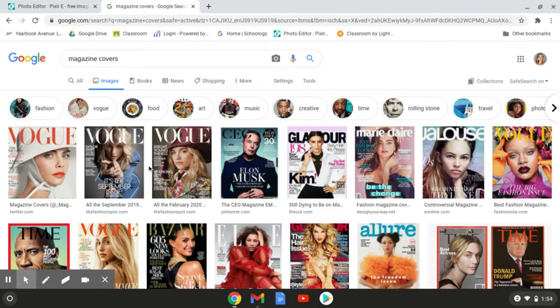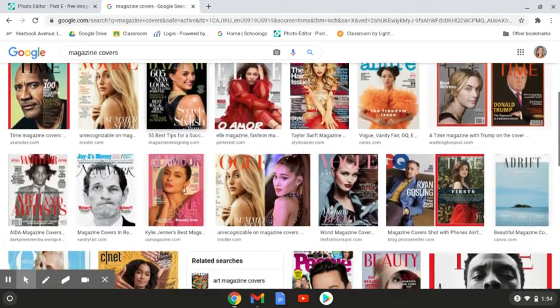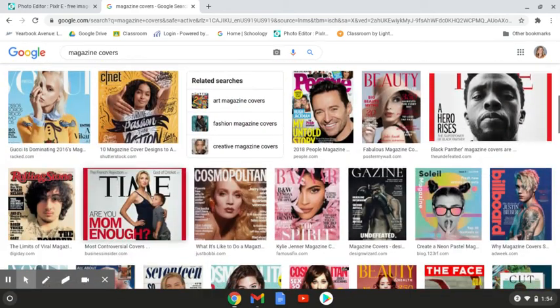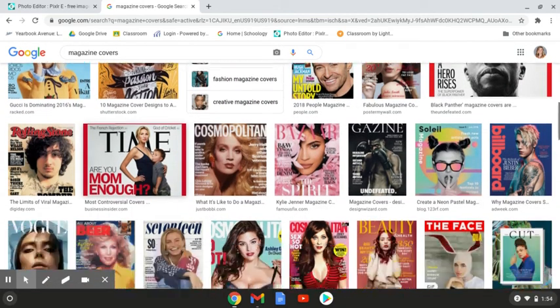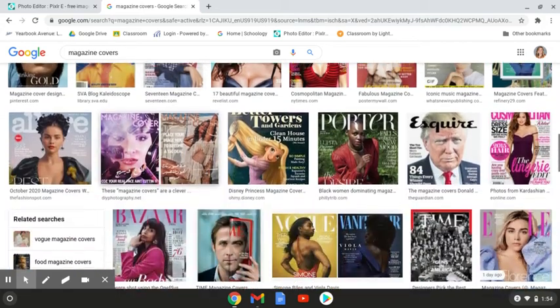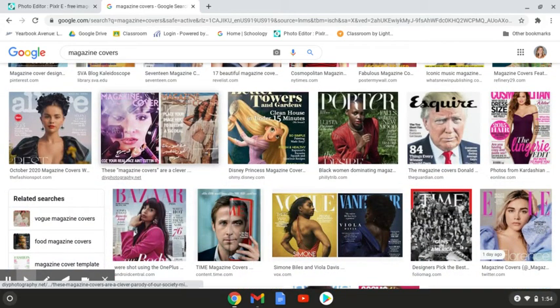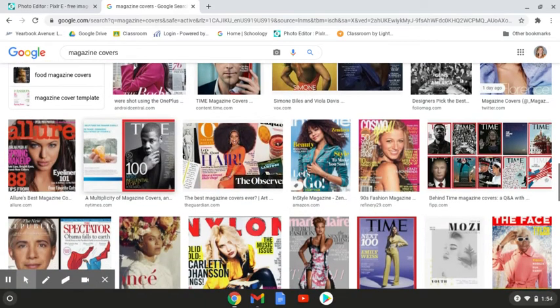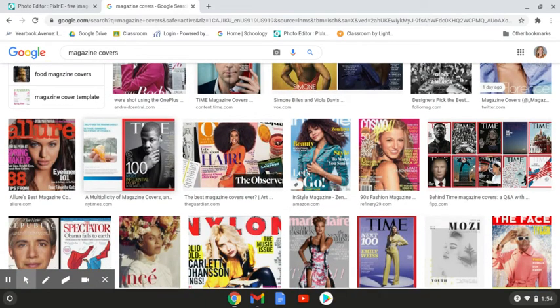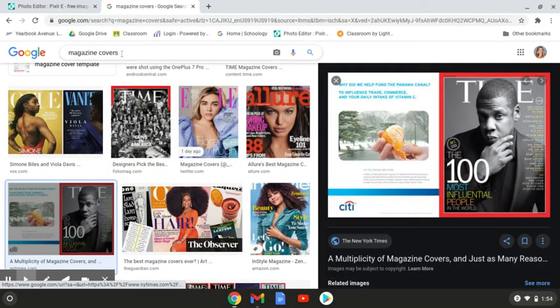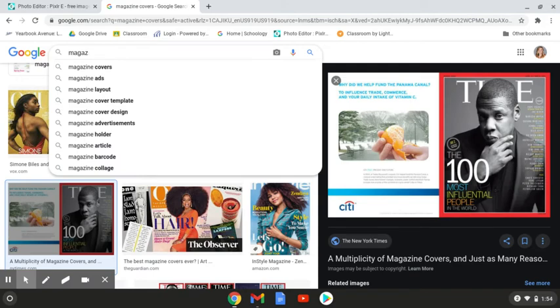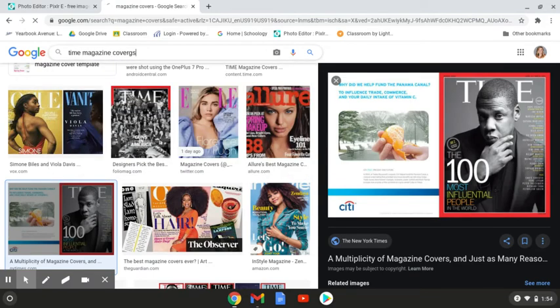I would encourage you to pick one magazine that you're going to recreate. Maybe it's one that you receive in the mail, one that you look at frequently, one that has stuff that you like in it. Obviously, it has to be school appropriate. All right. So pick your magazine. So let's say that you are going to pick Time Magazine. Okay. So if I search just Time Magazine covers,